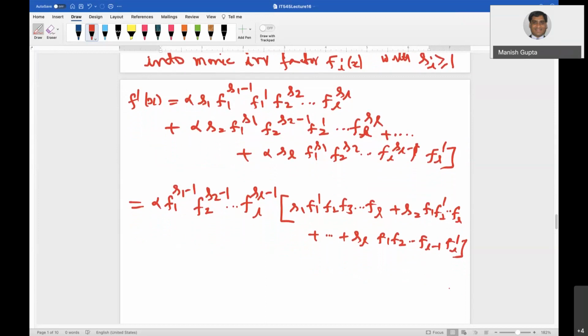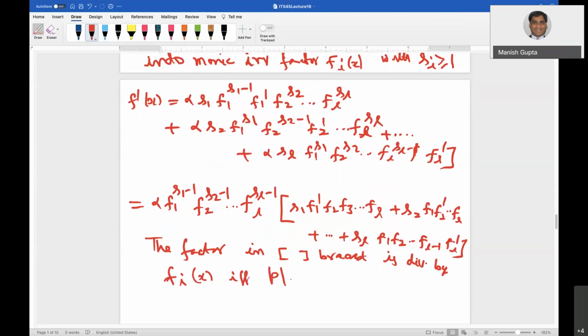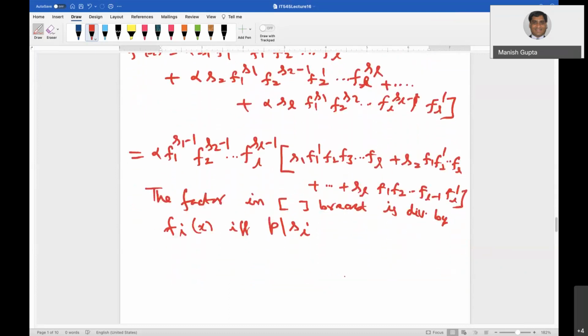Now this factor, I can write it, the factor in square brackets is divisible by fi if and only if p divides si, right? If and only if p divides si, then it will be divisible, right? Therefore, if I compute the GCD